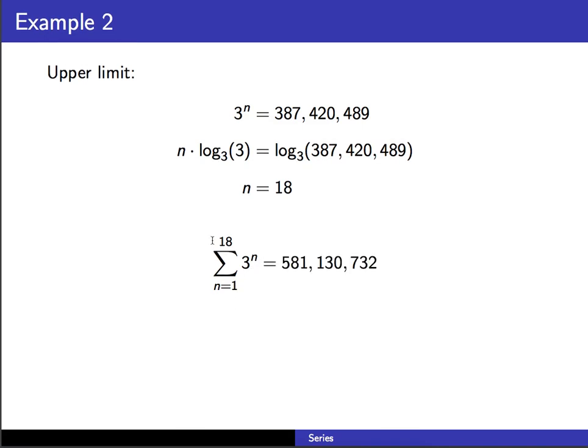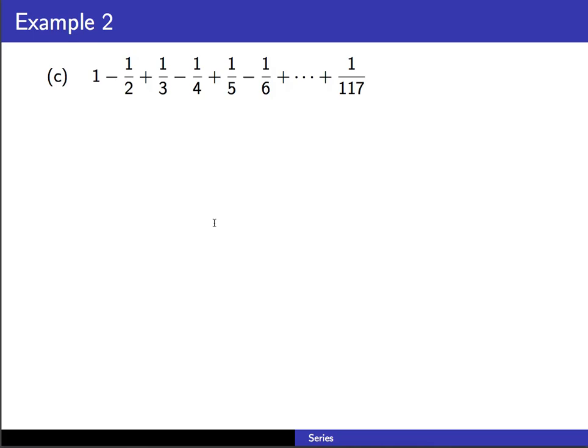Putting that into the calculator, we get 581,130,732. All right, part C, we have 1 minus a half plus a third minus a fourth plus a fifth minus a sixth plus a seventh minus an eighth, and so on, all the way up to plus 1 over 117. Now, with this particular problem, the terms do not form an arithmetic sequence,